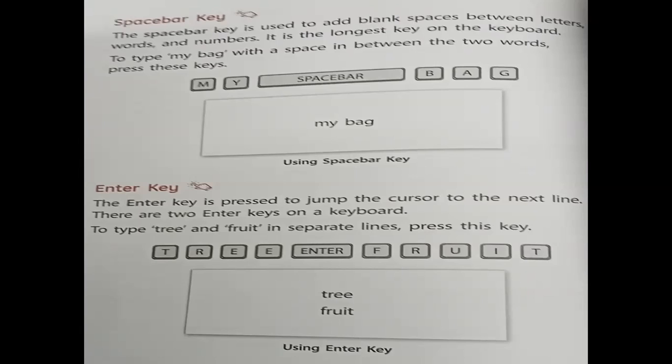अगर हमको tree और fruit अलग अलग लाइन में लिखना है, हम क्या करेंगे? जैसे हमने फर्स्ट लाइन में लिखा tree, फिर हम enter को प्रेस करेंगे, then we will write fruit. और फिर अगर हमको और भी कुछ लिखना है न्यू लाइन में, तो वापस हम एंटर यूज करेंगे. हमको जितनी बार न्यू लाइन यूज करनी है उतनी बार हम एंटर को प्रेस करेंगे ताकि हम न्यू लाइन से